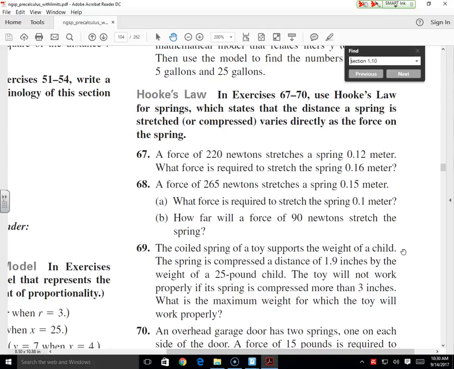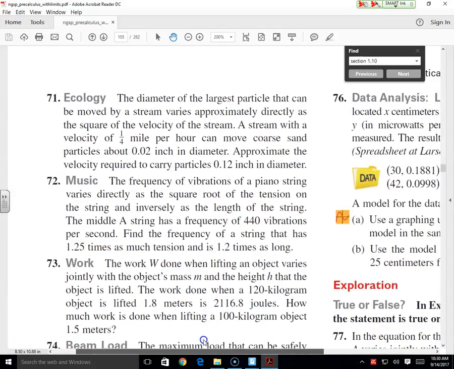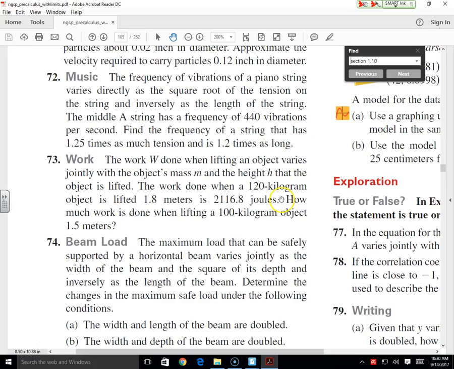Did anybody figure out the whole tension on the string? Here it is, number 72. Oh, Kobe, it was you. You should have figured that. Number 72. We were working on this one yesterday. The frequency of vibrations on a piano string varies directly as, okay, hold on. Writing the problem. You guys don't want to write all these words. Tell me the model this is giving you. In your notes, you might want to put number 72. Frequency, F. Varies how? Okay, so K times